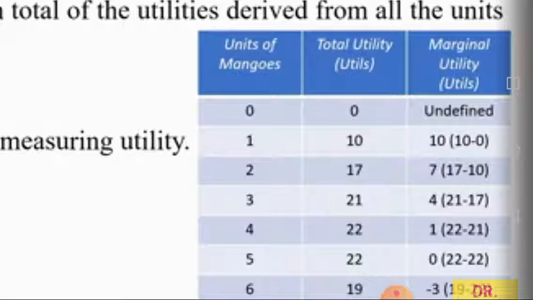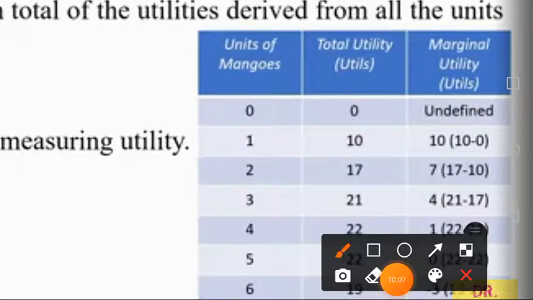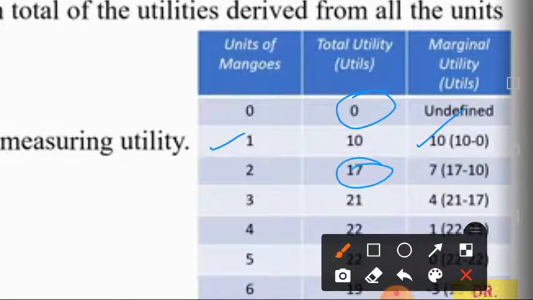And marginal utility also we made a column. The marginal utility is calculated such that we subtract the previous one from the next one. Like this is level 1. For calculating MU, we subtract the previous level from 10. So here it is given 10 minus 0 is 10. For the second level of TU, we subtract the first level of TU: 17 minus 10, that is 7, and so on.